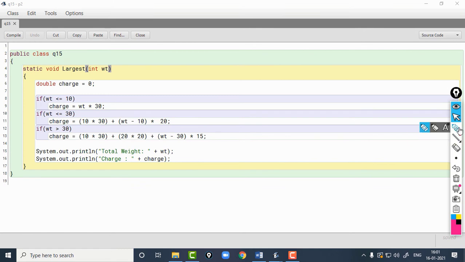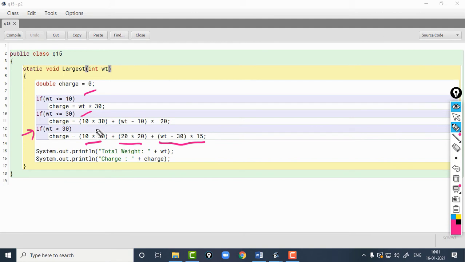And finally, if both the conditions above are false, then I will check the last condition. So here the charge will be first slab plus second slab plus the third slab.